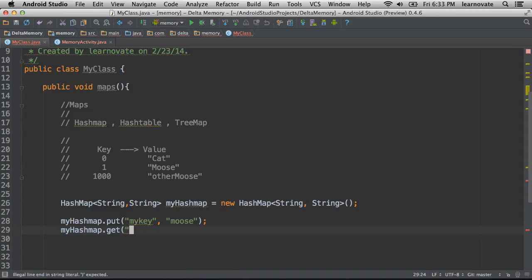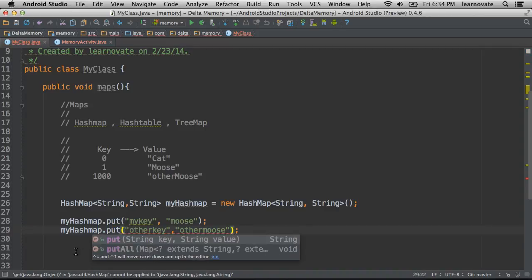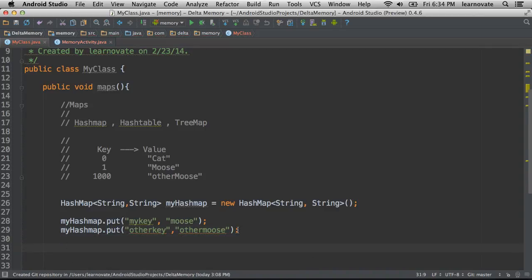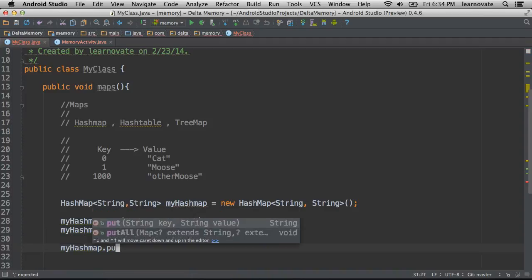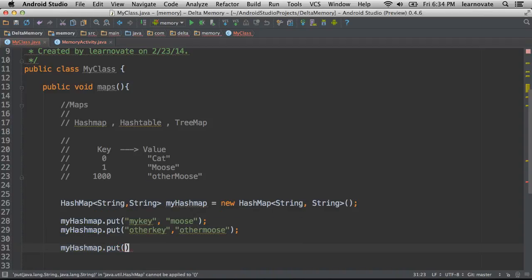Now I can use other keys as much as I want, as long as they're strings. Oops, we want to put that to put. So this allows us to have a structure that's really, really useful for specifying details that make human readable sense to us. Let's say I wanted to actually use this as a